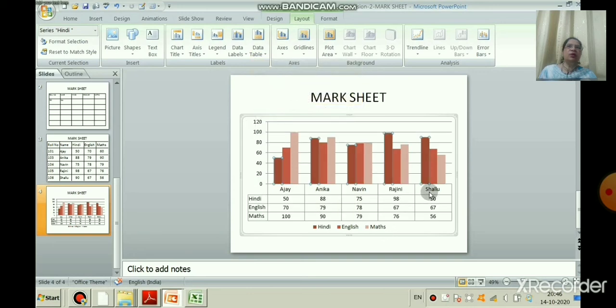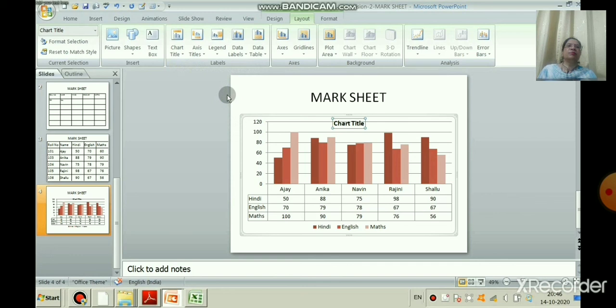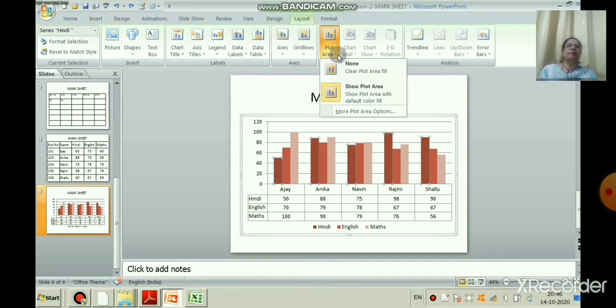You can see the value axis also. Value axis or y axis is the vertical axis which is used to plot the values. You can take the data series also, see here, right. You can write the chart title.